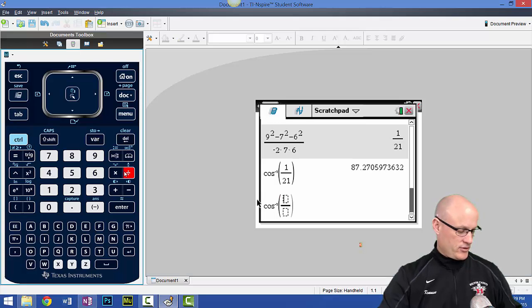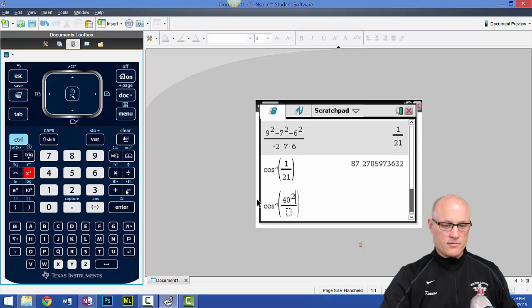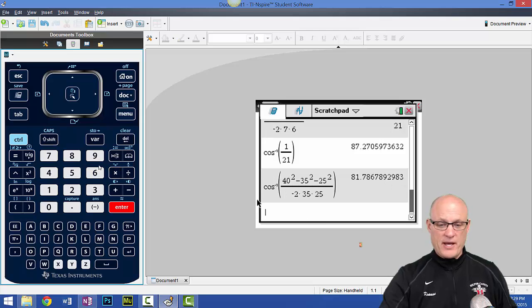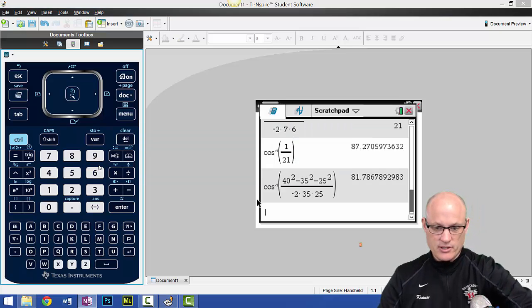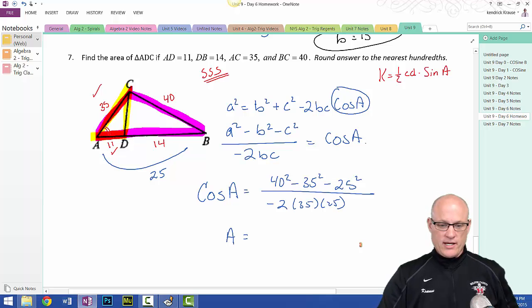And that fraction is going to be 40 squared minus 35 squared minus 25 squared all over negative 2 times 35 times 25. Well, all at one time. Bam! There it is. 81.786. That's exactly what I have. Thank goodness I got it right. So angle A is 81.786,